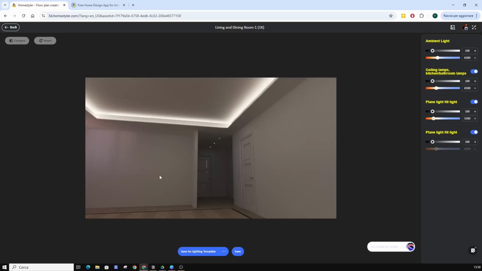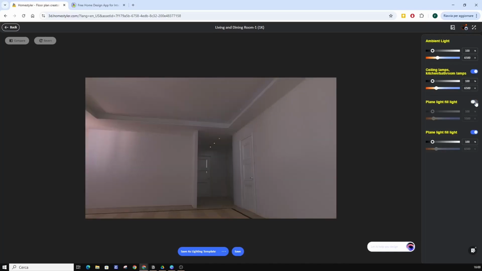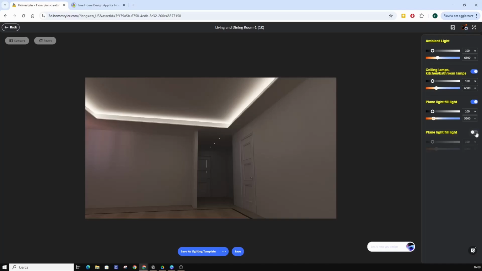Using the Light Mix option, we can adjust these lights using the sliders on the right. We can turn them on or off. We can see ceiling lamps. We can increase the brightness and also change the color temperature.